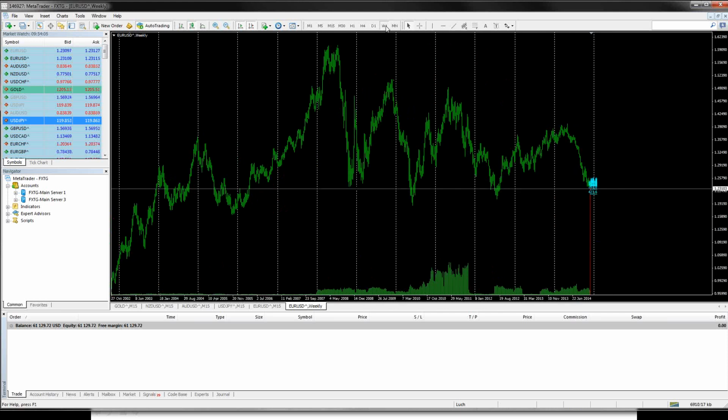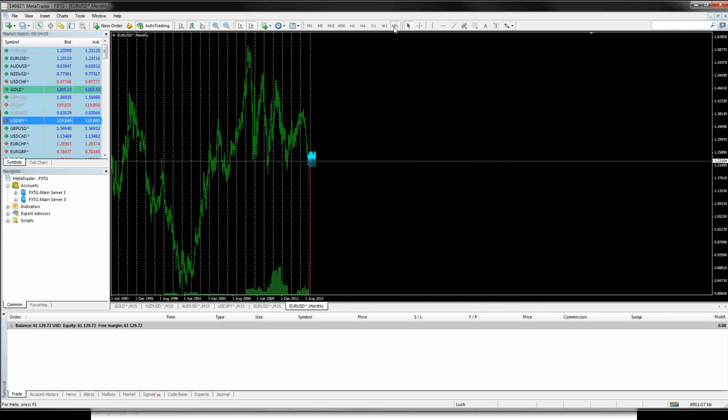But if you look up even higher, I've seen it a few times happen. It doesn't happen all the time. Like in here, you would have seen at that point that there was a big institution, a lot of market activity during these months where you went sideways, and the price actually just crashed down. So in this example here, looking at a monthly chart, yes, that's a good example.